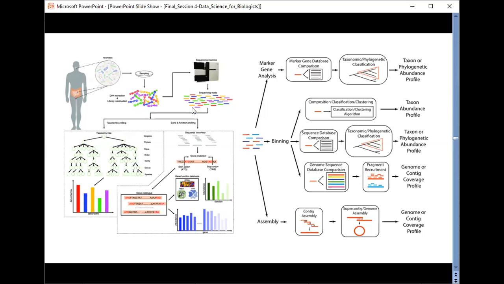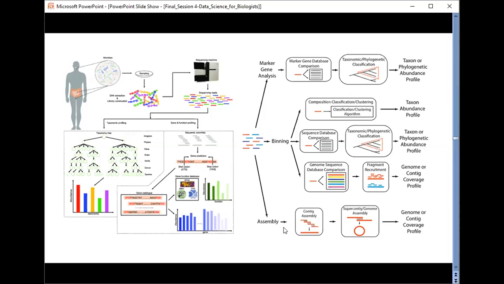So in shotgun sequencing, once we have all the pieces of the DNA within the sample sheared into small pieces, these small pieces are sequenced, and the resulting sequences contain small regions that overlap with other sequences, and computer programs can be used to piece together these sequences. And like we search for a particular reference genome, if there is no reference genome, in that case de novo assembly is done.